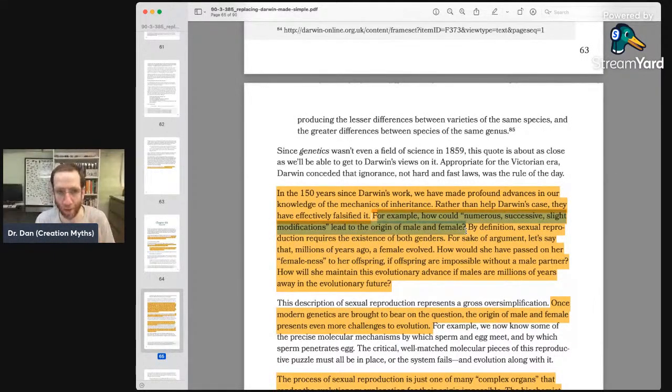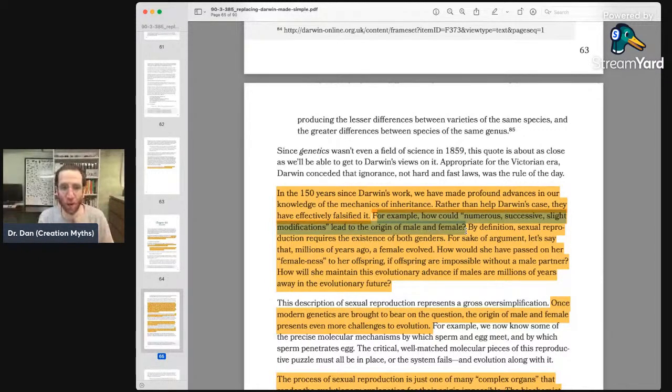Once you have that variation, you are off to the races, because you are going to have what's called disruptive selection, where the extremes of a distribution are good and the middle is suboptimal. So you end up having big gametes get selected for, and lots of very small gametes, right? You can make very few very big gametes, eggs, or a lot of very small gametes, sperm, but in the middle, it's a suboptimal strategy. So you end up with egg and sperm, male and female. Once you have differentiated gametes, that's male and female.